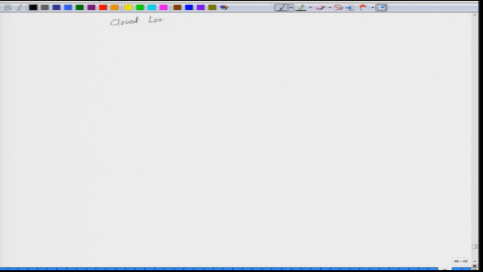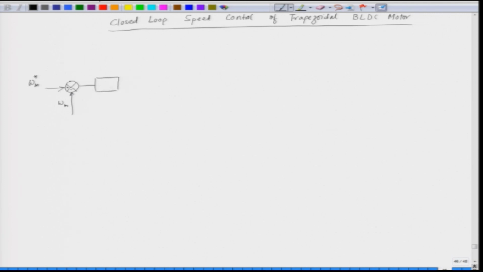Closed loop speed control of trapezoidal BLDC motor. So, we start with a reference speed omega m star, and we measure the actual speed, we compare with the actual speed, we feed it to a PI controller, PI 1, this is a speed controller,